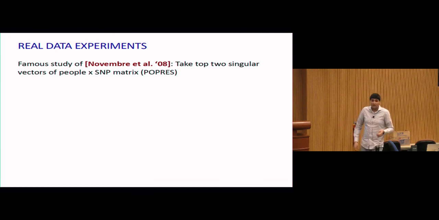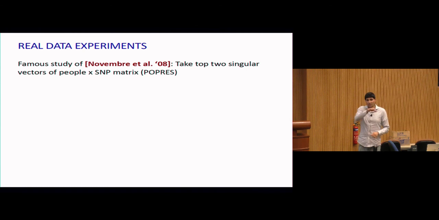So now let's test out that assumption that we had built in, that some of the things that we proved maybe aren't actually all that specific to the data being Gaussian and have broader relevance. So here I'm going to take this famous genetics experiment due to Novembre et al. It's a beautiful experiment. What they did was they took this NIH data set, the POPRES project, and they used it. These were all individuals who'd been fully genetically sequenced, and they used that data to construct a matrix.